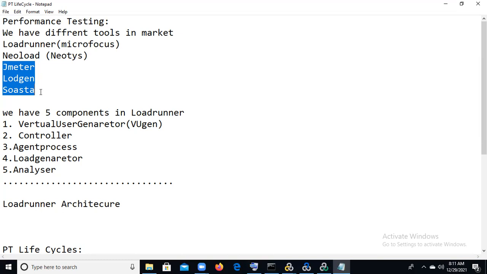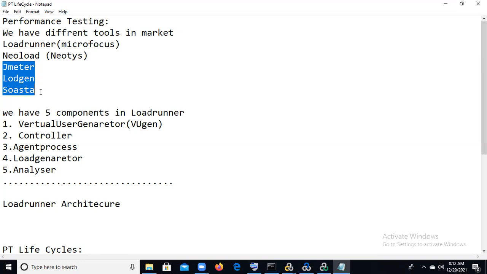Going to the Controller, we design the scenario and execute it with multiple users. Designing the scenario means deciding how many users to test for a particular application, 100, 200 or 500, and designing the scenario with multiple users to execute.